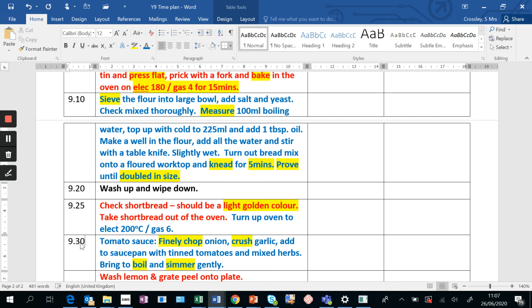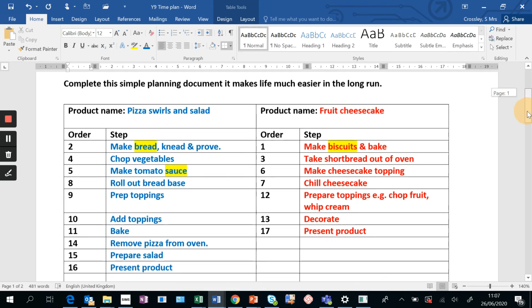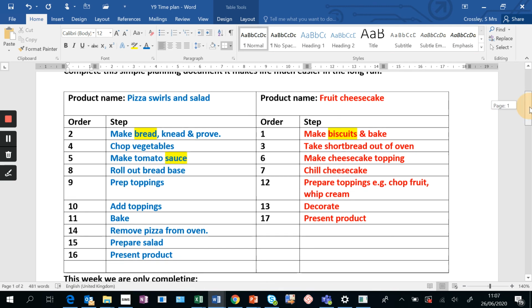All right, so to recap, you're going to start by getting your recipes. You're going to colour code your recipes, one red, one blue. You're going to complete the table. You're going to have your main steps for each product. You're then going to think about logically the order, and you're going to have to dovetail logically. You can see I've not just gone one to the other. Sometimes, for instance, going down your bread, you've gone 8, 9, 10, 11 before you've gone over here for the 12. So order, reflect, think how it's going to work, and then you are going to copy and paste your